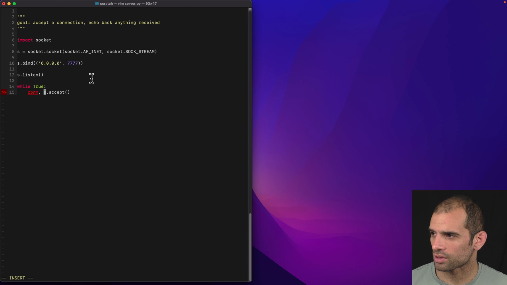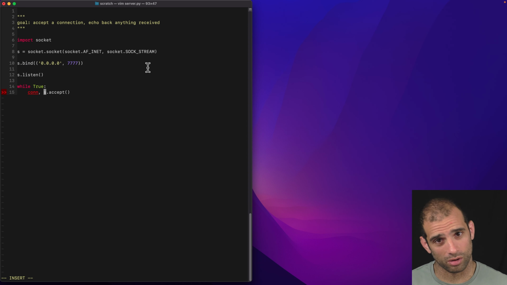Well, because once you get into a more sophisticated kind of scenario, imagine you are really a web server. You don't want to be blocked working on the one connection that you've accepted right now. You want to be able to accept a lot of connections and do a lot of work in parallel. Or